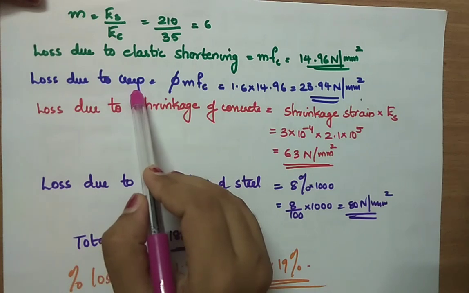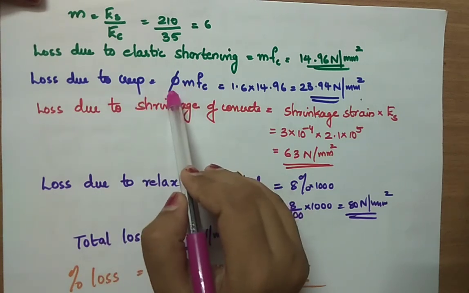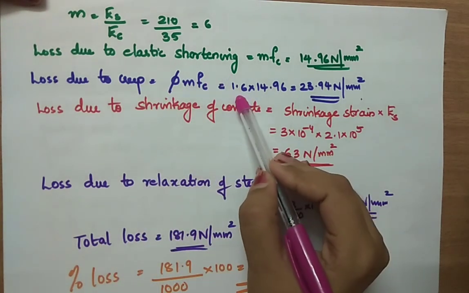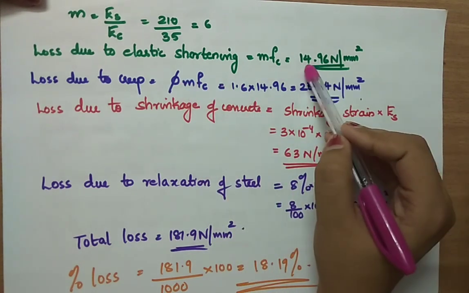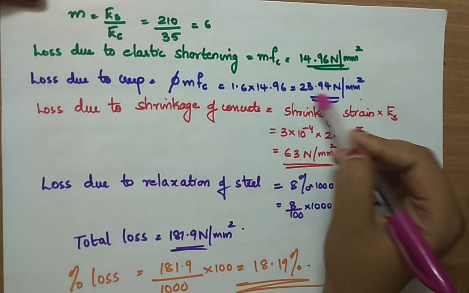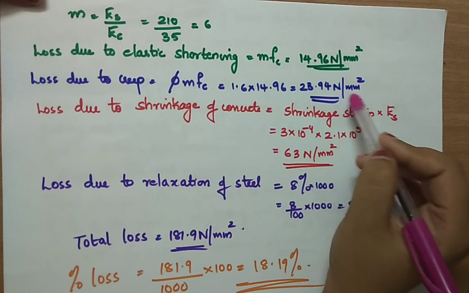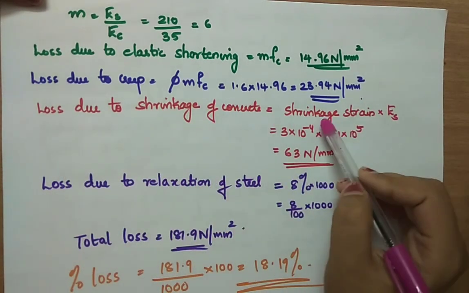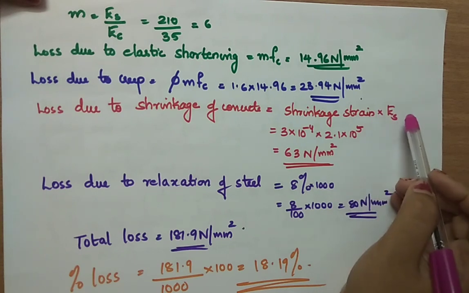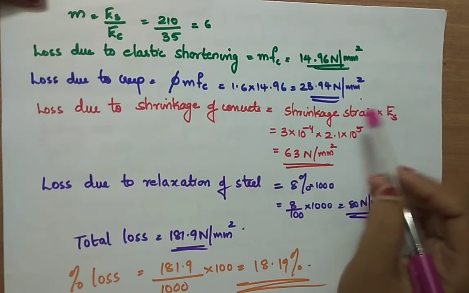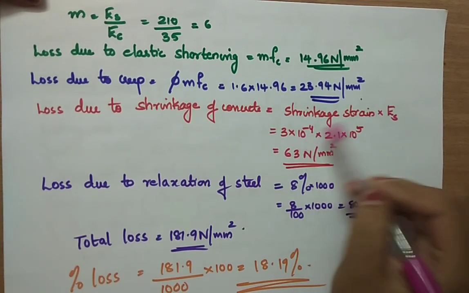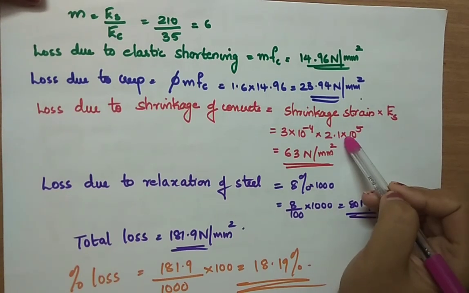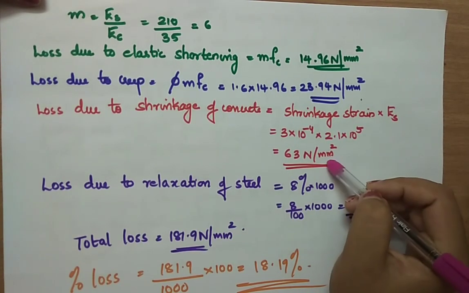Now the loss due to creep is phi m FC. Phi is the creep coefficient, which is given in the question as 1.6, and m FC we already found as 14.96. We get the loss of creep as 23.94 Newton per mm square. Now loss due to shrinkage of concrete is shrinkage strain into modulus of elasticity of steel. Shrinkage strain is given in the question. Modulus of elasticity of steel is also given in the question, which gives a value of 63 Newton per mm